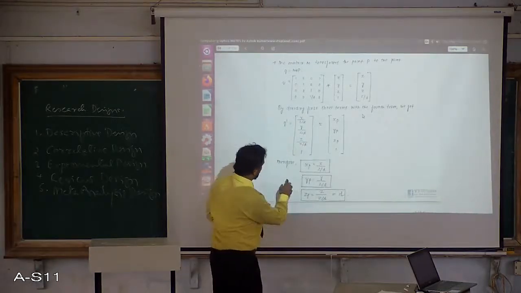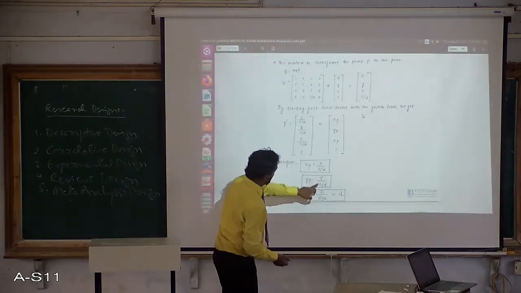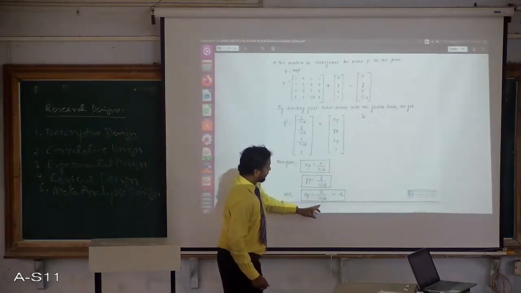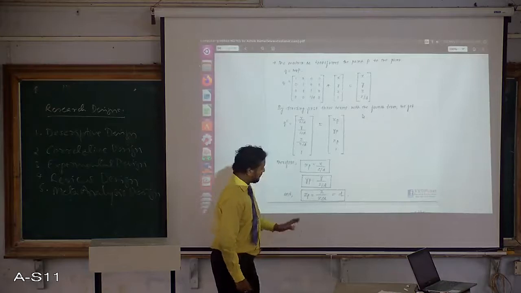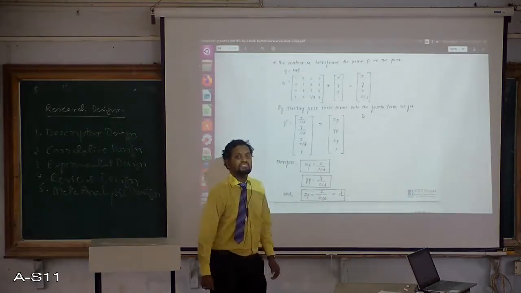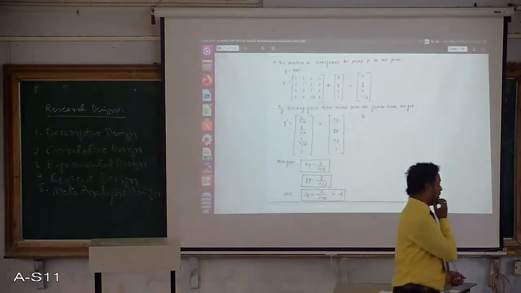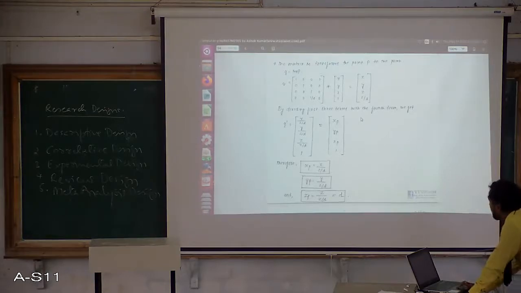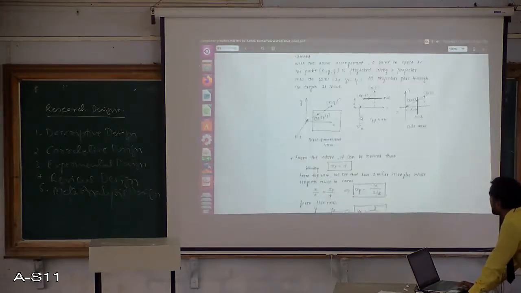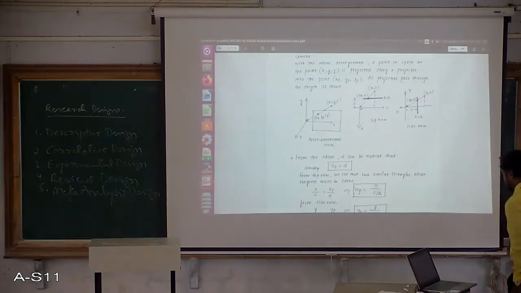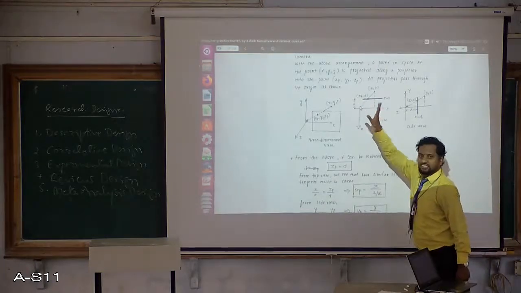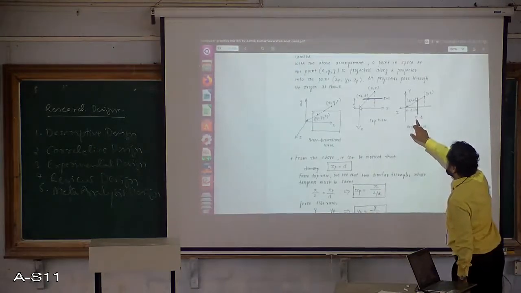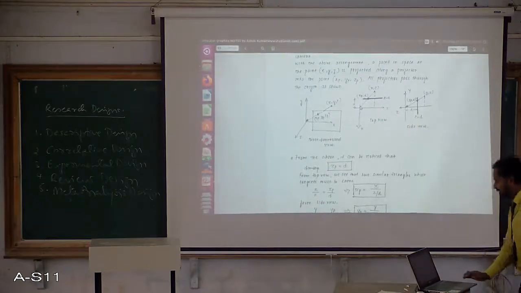So now therefore xp equal to x by z by d, yp equal to y by z by d, and zp, how is it calculated? zp equal to z divided by z by d. So this z and this z cancel, so zp will become the distance d. This is how we evaluated zp equal to distance d. So this has already been shown in the figure. See here, this zp is equal to distance d.